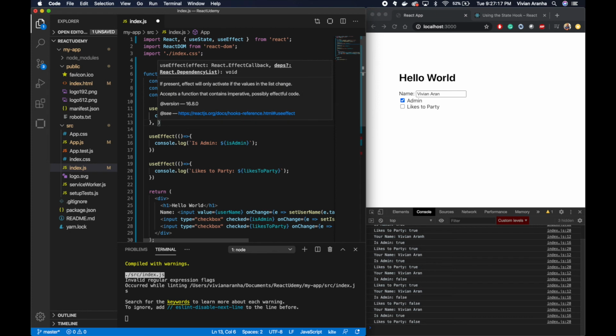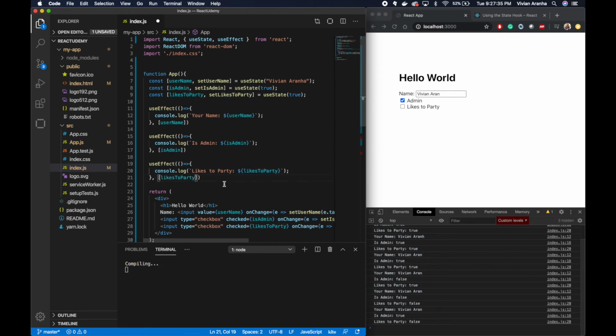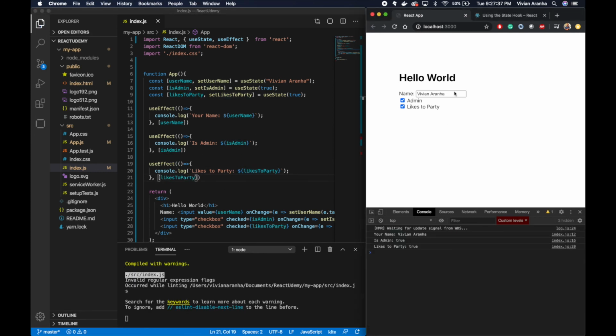So I can use the second parameter, which is an array. This is the effect dependency array, which you can use to track only what you want to see changed. Likes to party is what I want to track. What this will do is, if I change my name, you'll see in the console that only the name is changing. If you just want to look at this one,